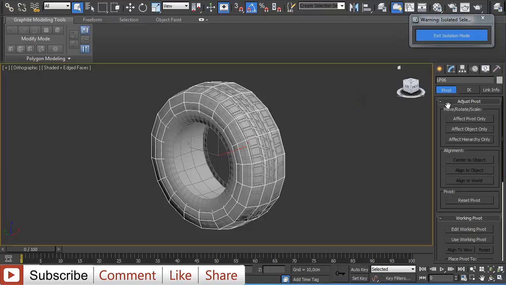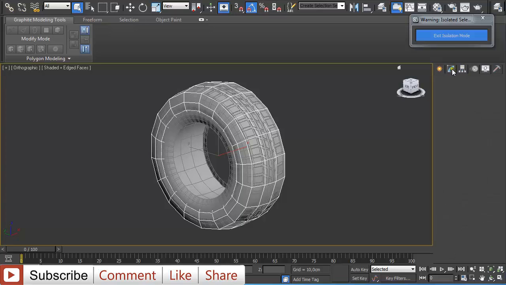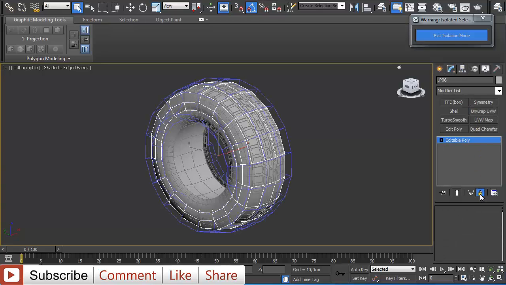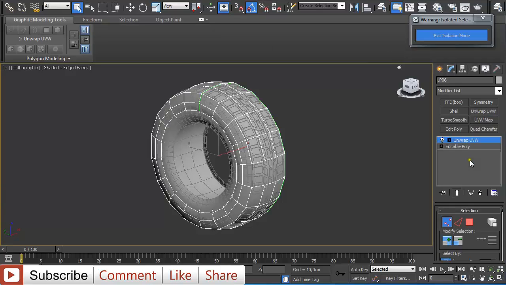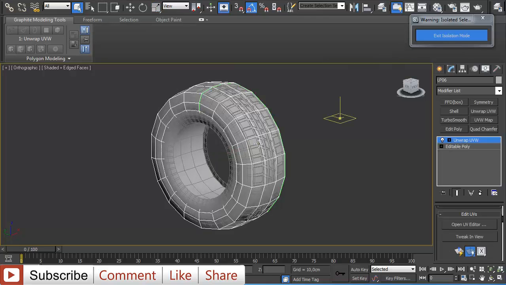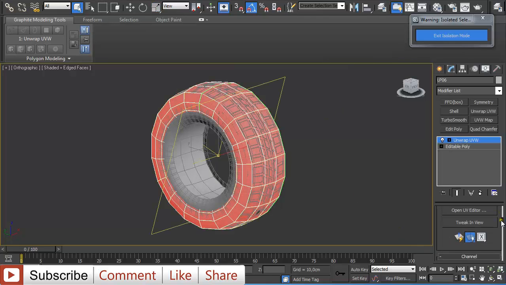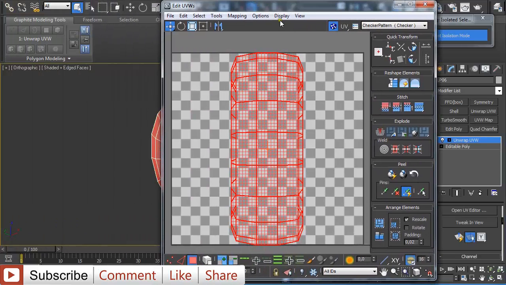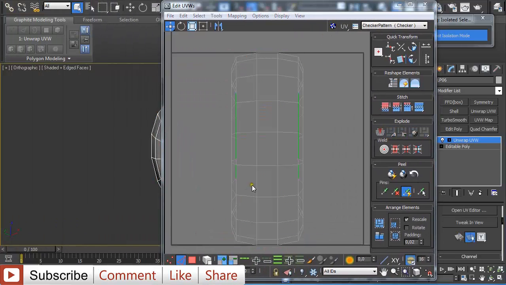And I forgot to do another thing. I'm going to have to apply a UV modifier to this one. Oops, I'm going to delete projection for now. Unwrap UV modifier, and then just for select, come on, 3, and select all the faces on the y-axis. Quick planar, open UV editor, and then just select one of these edges, loop it,